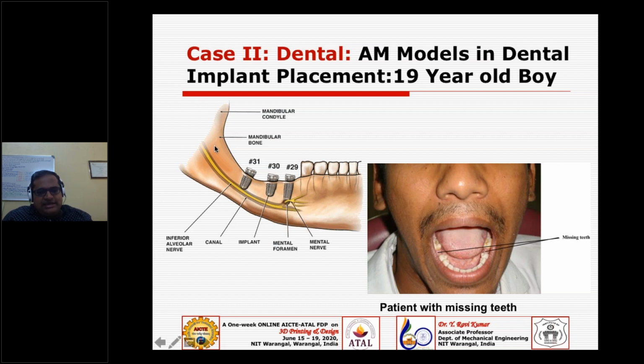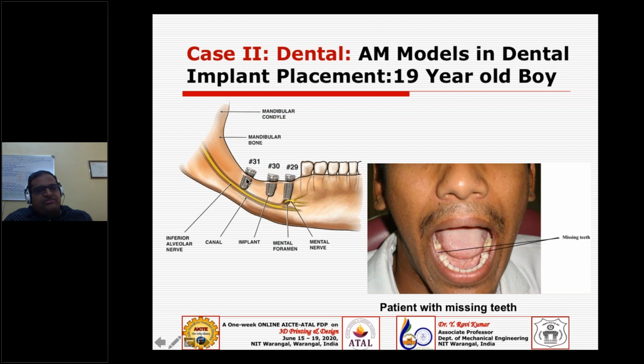There is an inferior alveolar nerve. You have this root canal, this inferior alveolar nerve, which will be passing. You have the condyle portion here. From the condyle it will pass like this, through the mental foramen, and again pass to the other side of the condyle portion of your mandible. The challenge here is that you have different molars and different positions of your teeth.